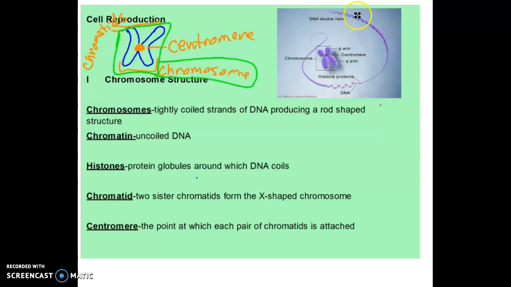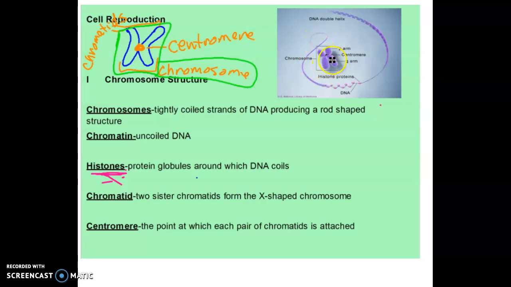So this is our DNA right here, or a picture of our DNA. This is the DNA we see in this sort of twisted ladder structure. And in our cells, the DNA wraps around these proteins called histone proteins, right? These histone proteins are really there just to help organize the DNA. It wraps around the DNA, and then it continues to coil tighter and tighter and tighter until it coils up